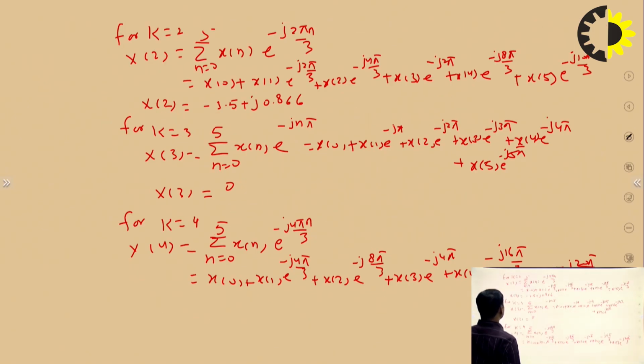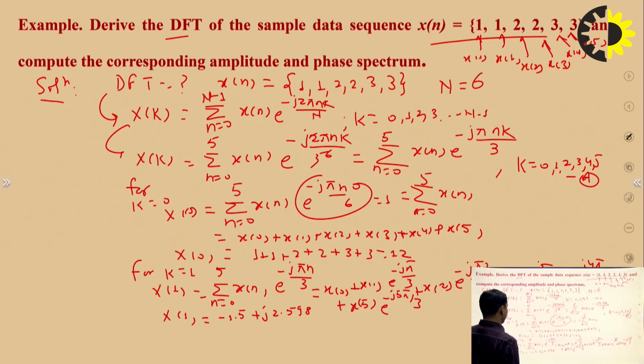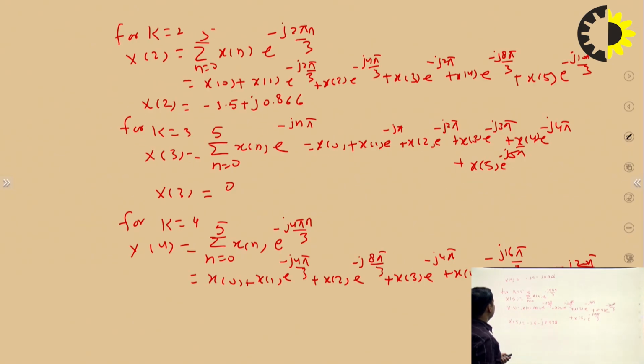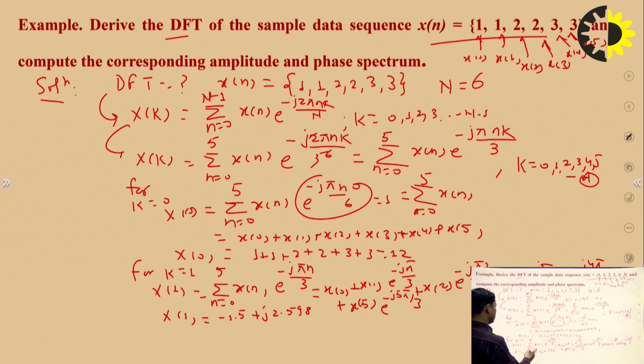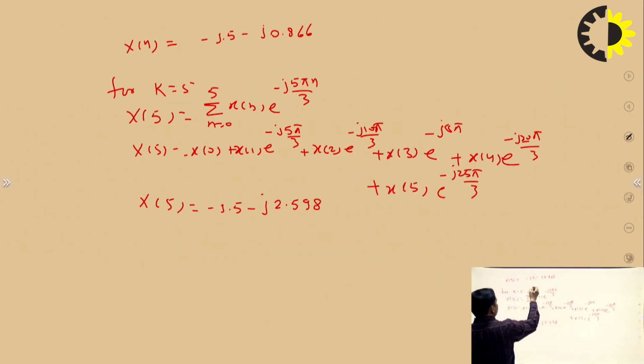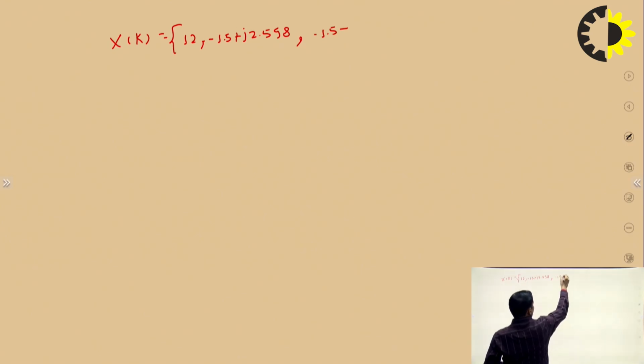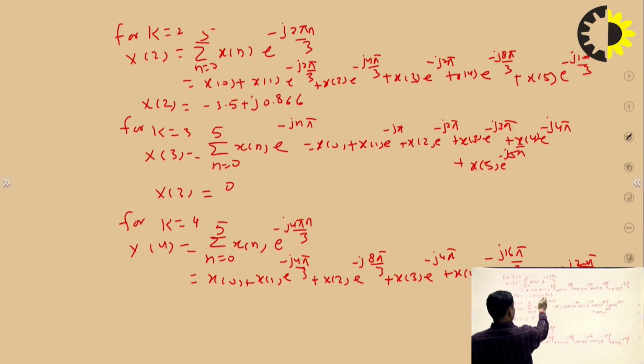So, x naught is equal to 12, then for x1 minus 1.5 plus j 2.598, then minus 1.5 plus j 0.866, this one, then 0,